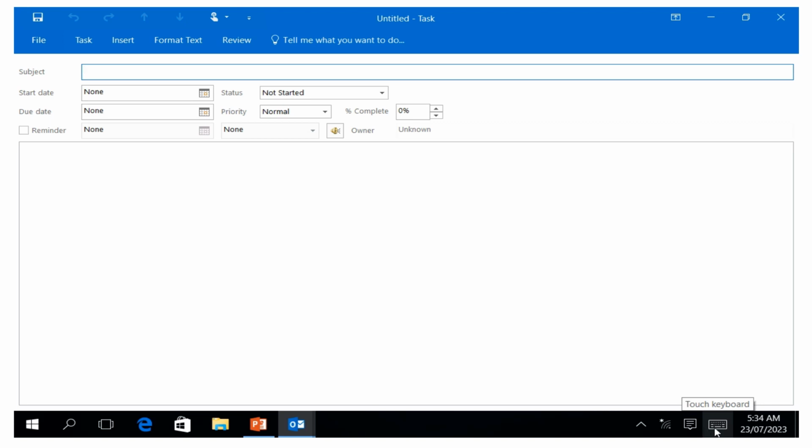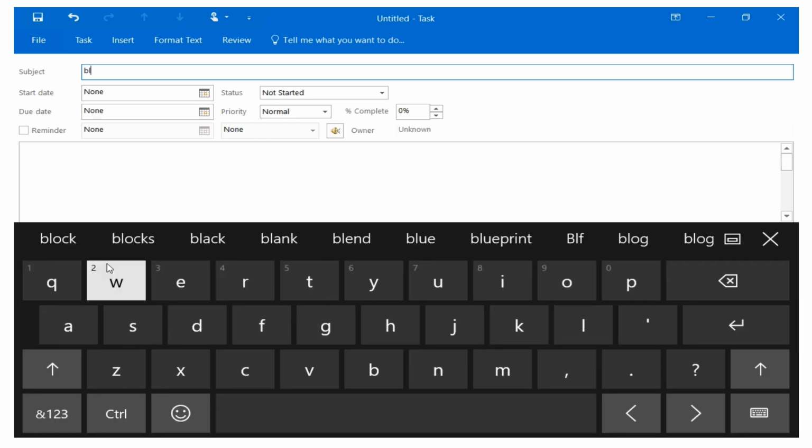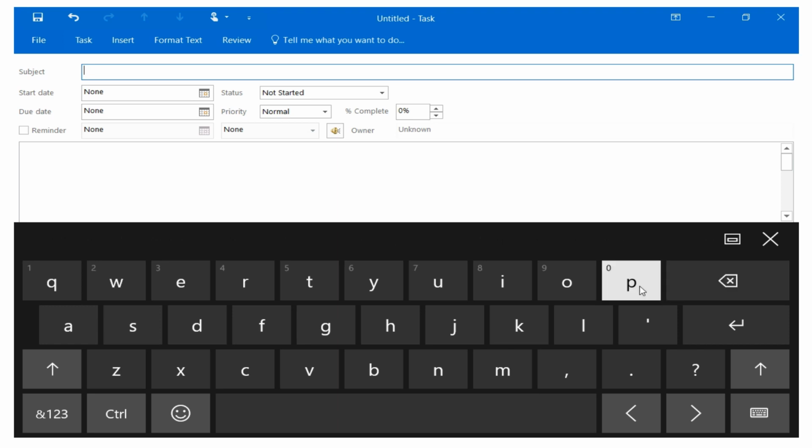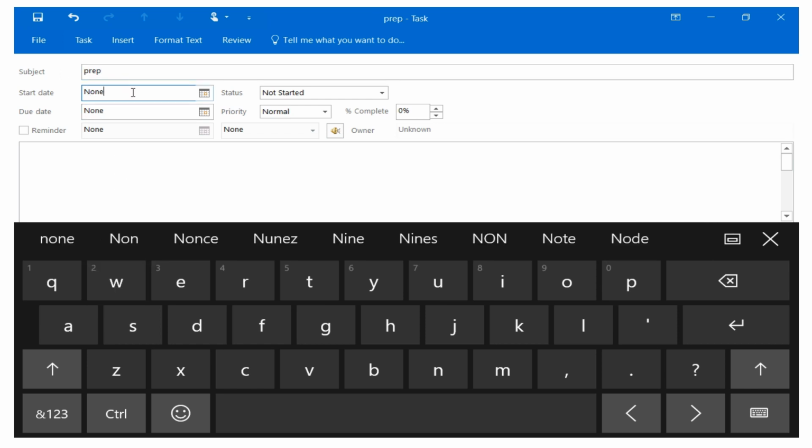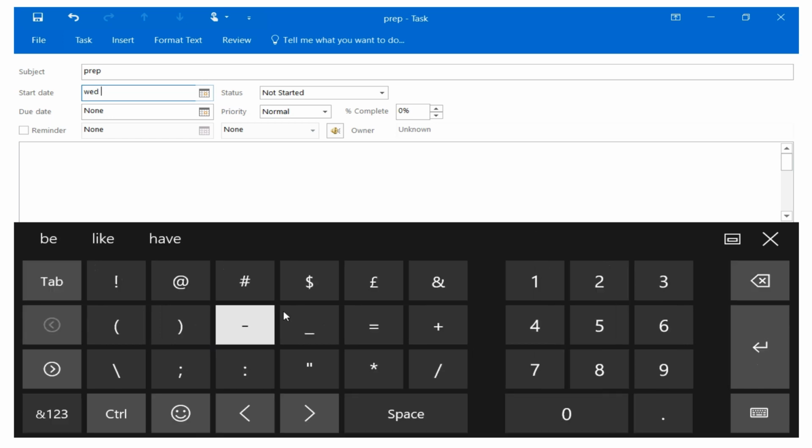If it is prep, maybe prep. And then you can give the starting date, and then you can say maybe it is on Wednesday. Maybe you give the date as 25/4/2023, like that. And then from there you can just click on that and then you can save it,